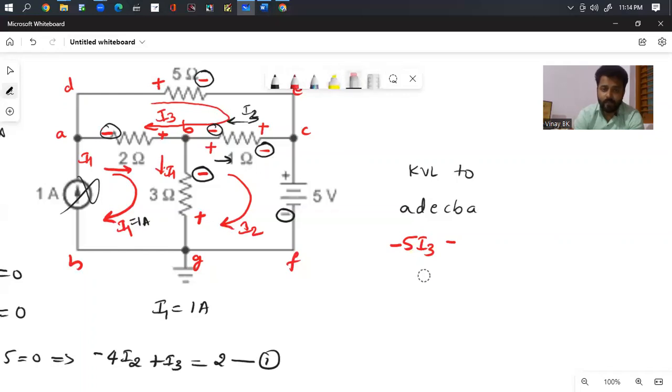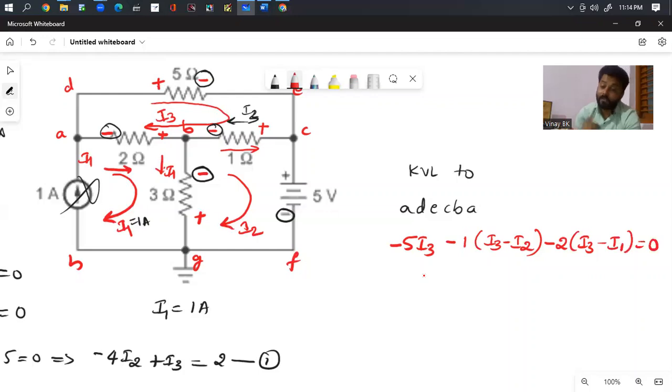I2 is flowing in this direction, I3 is flowing from C to B, so I3 is the reference: minus 1 into I3 minus I2. Then B to A, I3 minus I1 into 2, and polarity is negative, so minus 2 into I3 minus I1 equals